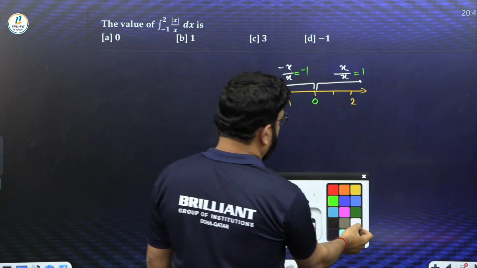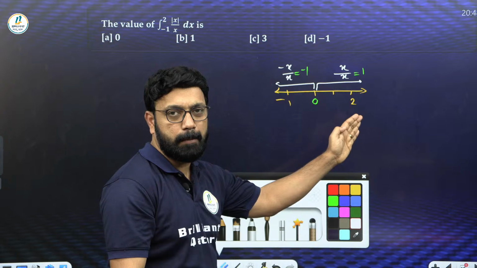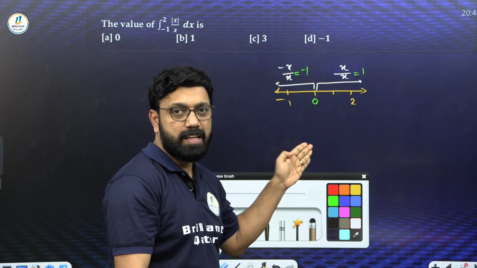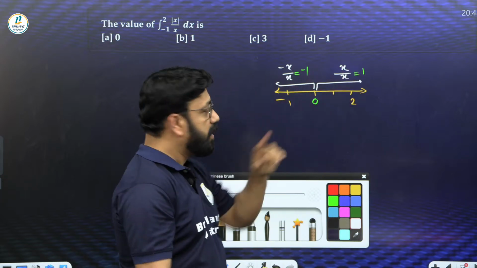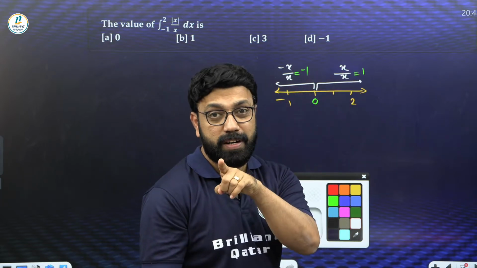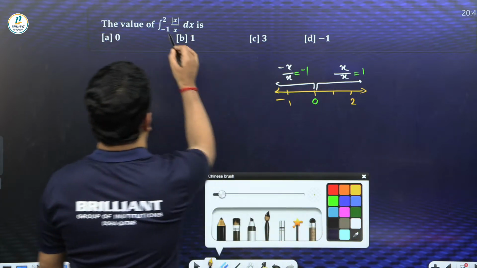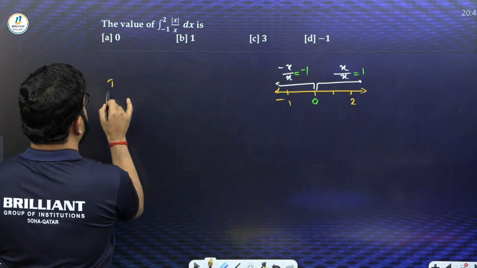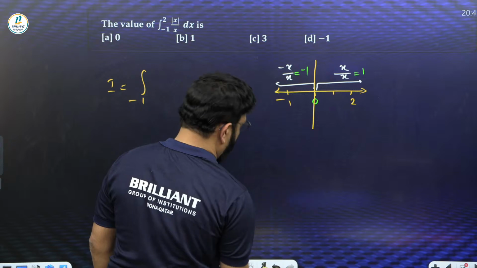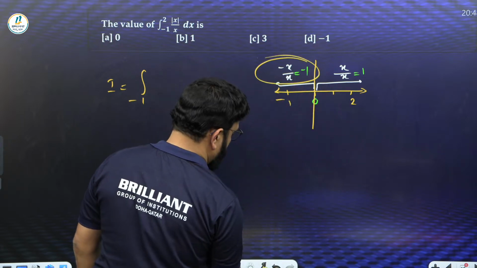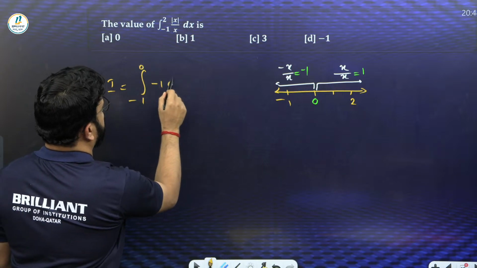Otherwise, you can write the function like this also: f of x equals minus 1 for x less than 0, and f of x equals plus 1 for x greater than 0. So I am splitting the integral from minus 1 to 2. I is equal to the integral from minus 1 to 0 of minus 1 dx,